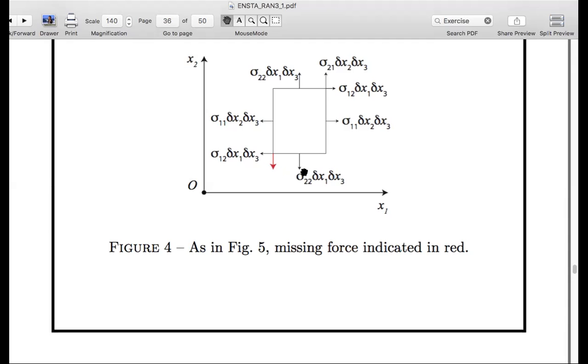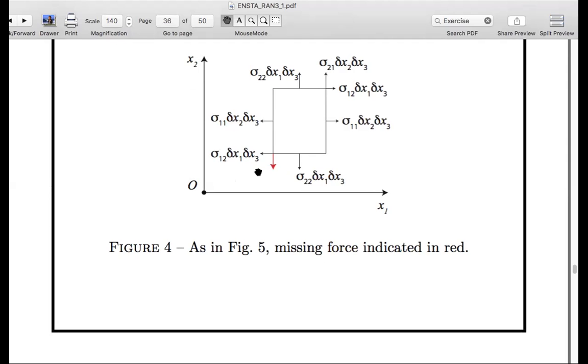Guess you could figure it out by process of elimination, right? Sigma 2, 1. It's actually the same as this one here. It's a force in the x2 direction, actually minus x2 direction, but its normal is in the x1 direction, or actually the -1 direction. Yeah, so it's sigma 2, 1, just like that,